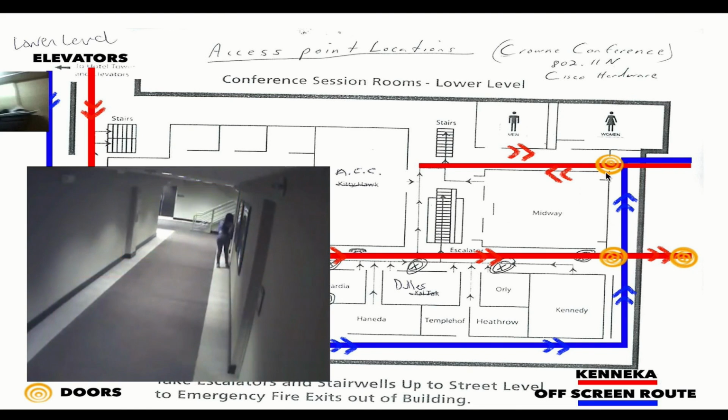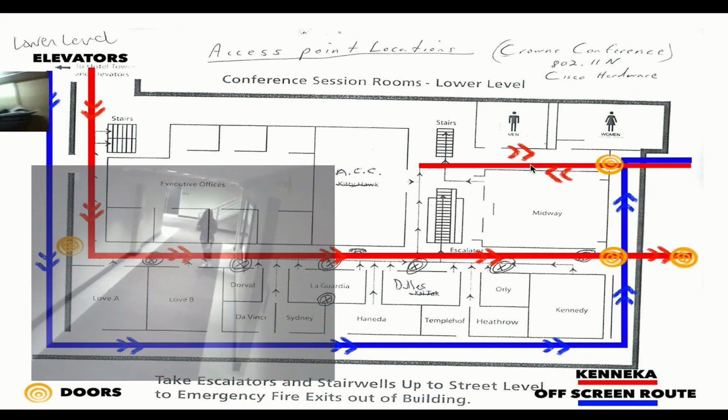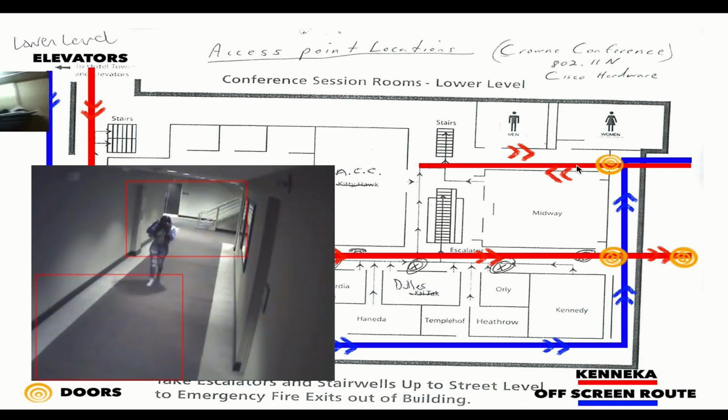And that hall connects to that area. So you can see how they could get to the kitchen, in my opinion. And obviously this is where she walks, comes out of the kitchen before she goes back in, where she's quite drunk, intoxicated in some type of way. And this is her obviously going back